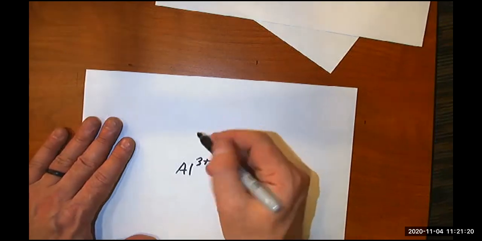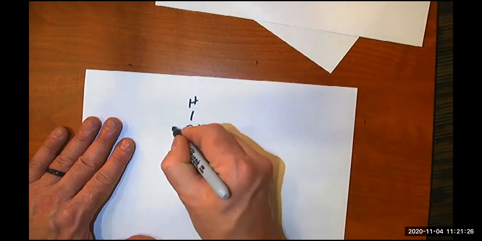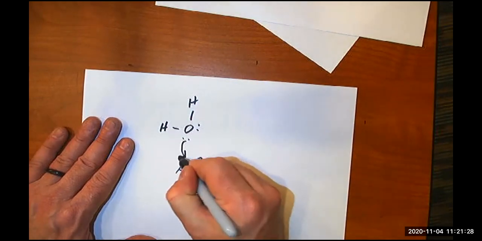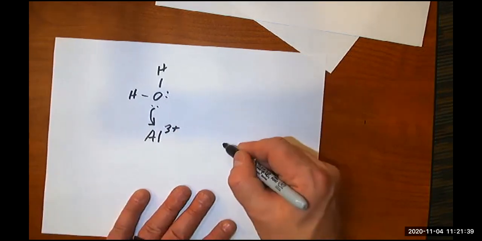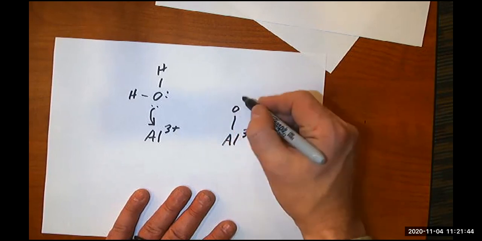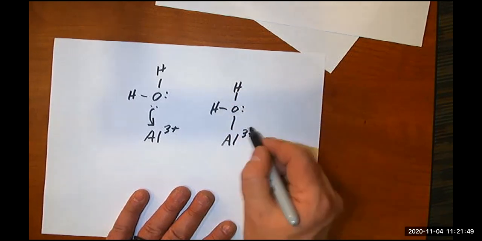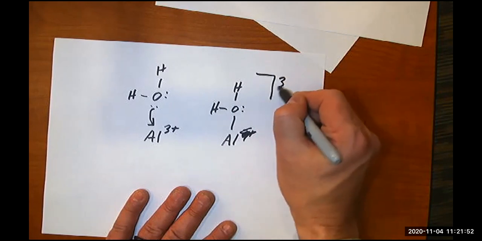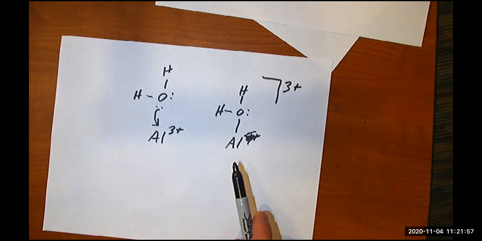What happens is that we have water molecules where they end up donating, in a Lewis acid-base kind of way, a pair of electrons from the water to the ion to form a coordination complex, so that we can draw this as that. And actually, we would probably put a little bracket up here and say 3+. And we can have more than,